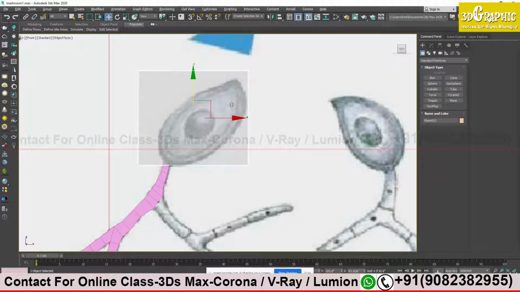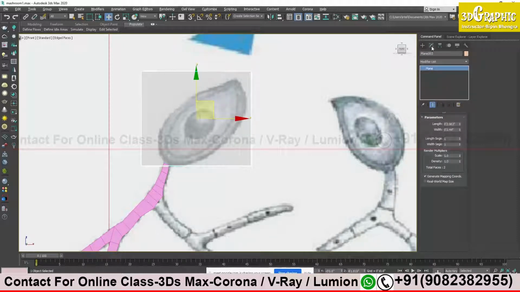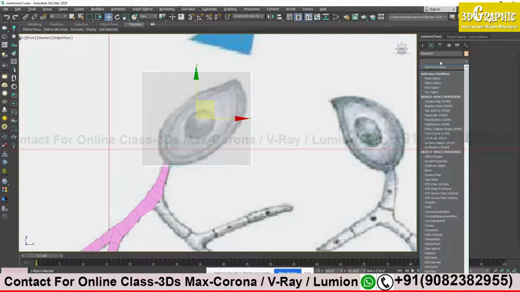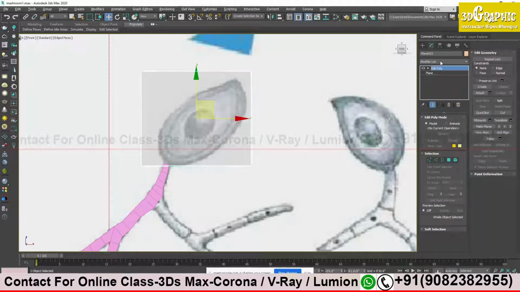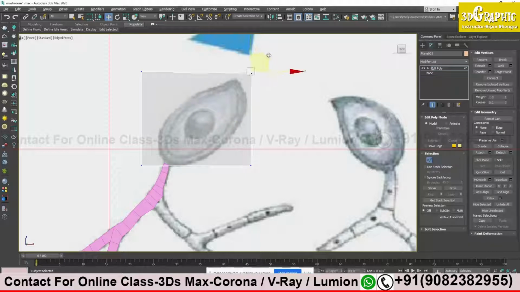I will press W to come out of the drawing mode. Now I am in selection mode, so I will adjust it a little bit. And again the same way I will go to the modifier list, and I will select Editable Poly. So I press E four times, I got Editable Poly, I press enter. Clear till here? Simple way. And again I have to go to vertices.